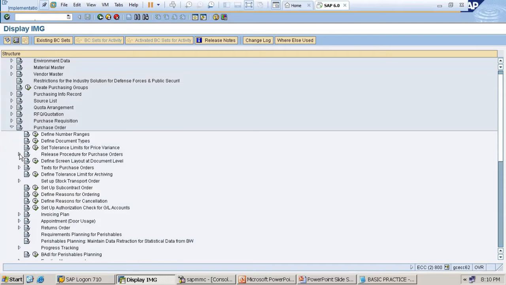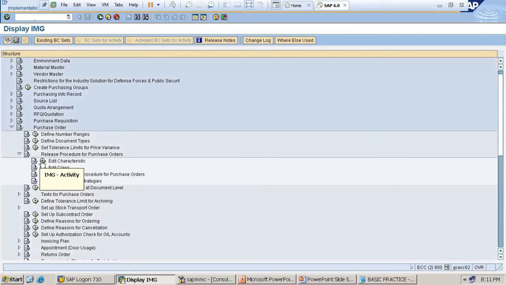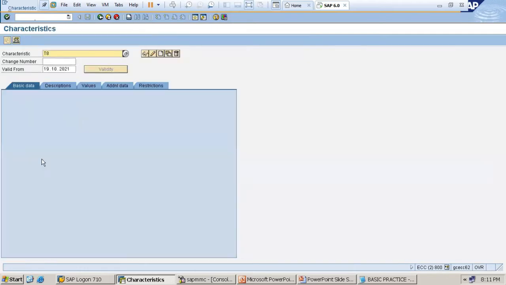See, release procedure for the purchase order. Click here. First, edit characteristics. So I can take D1. Next, create new.